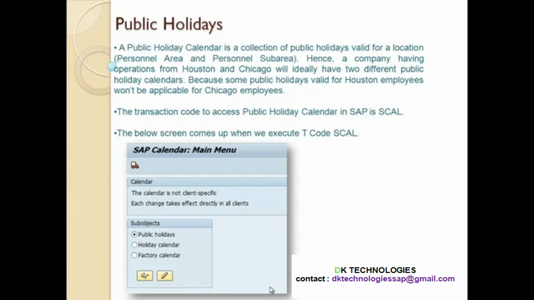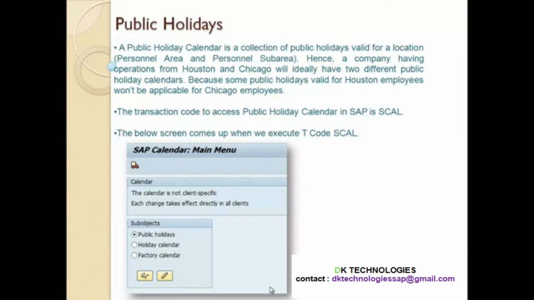When I say location, it is basically personnel sub-area. Hence, a company having operations in Houston and Chicago, for example, will ideally have two different public holiday calendars, because some public holidays valid for Houston employees won't be applicable for Chicago employees. So that is the concept of public holidays and holiday calendar.